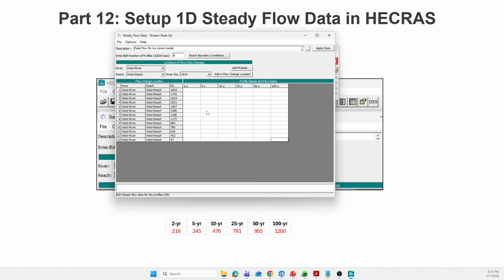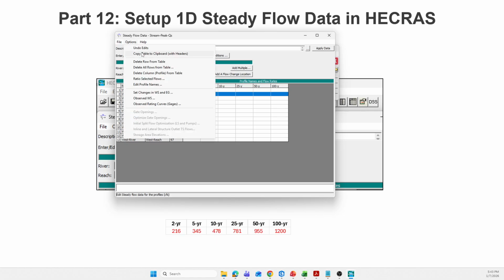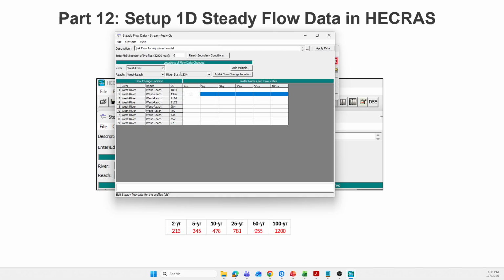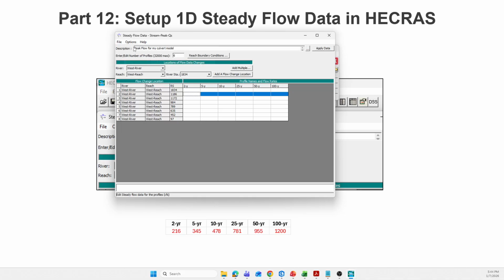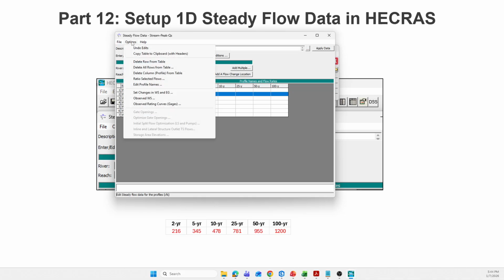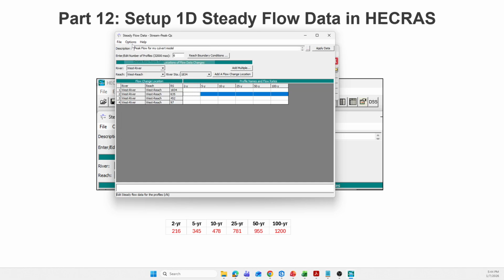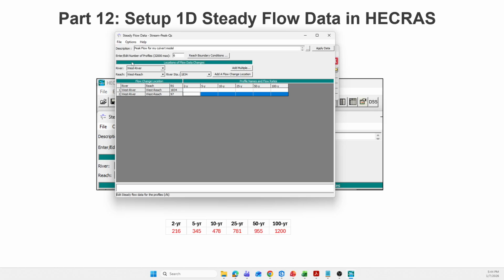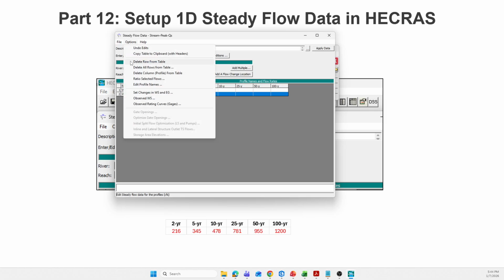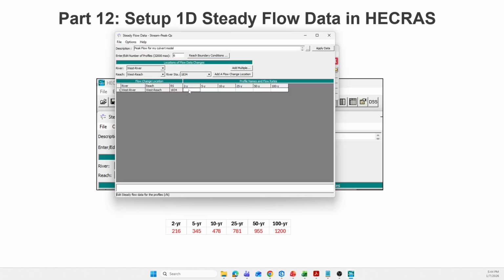So to do that, we don't need all these cross sections, so we have to right click and hit option, delete row from table. We're just going to leave the first cross section. Delete row from table, and repeat until only the first remains. So we are going to have